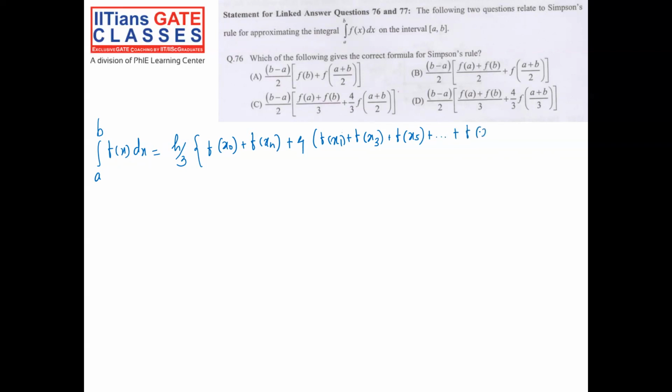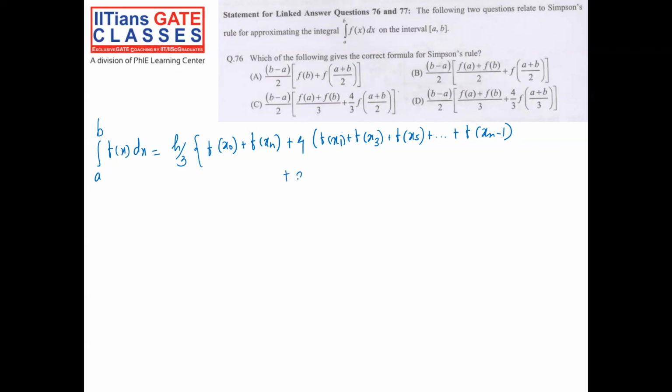So the generalized formula of Simpson's 1/3 rule is the integral from a to b of f of x dx, which is equal to h by 3, where h is the step size, into f of x naught plus f of xn plus 4 times f of x1 plus f of x3 plus f of x5, all odd terms till f of xn minus 1,